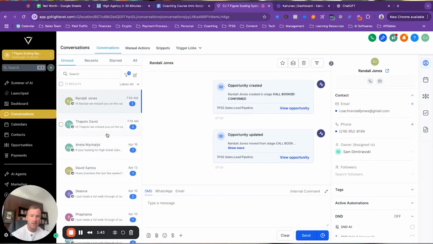The second thing is actually from a conversation standpoint. So you have here, for example, the ability to have this connected to your Instagram, Facebook. You can also use AI DM chatbots on here, which work phenomenally well. Now, if you want to know one of the secrets in terms of how some of our clients scale such big numbers as how we do, is we're making sure that nothing slips through. We do around 1,500 to 2,000 follow-up messages every single day, and we systematize all of this via GoHighLevel,